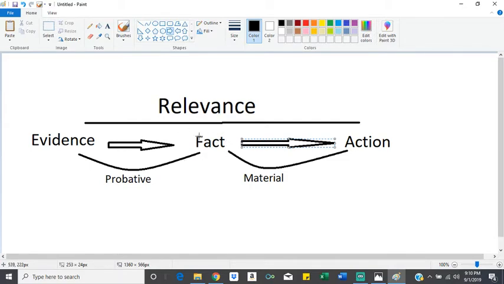Okay, well, what's the inference they're trying to make? What's the probative value? And the trial judge is going to say, listen, that doesn't matter to the action. The fact that he bought socks bears no weight on whether this gentleman committed a murder. It doesn't go to prove a fact that would be material to our case here, and therefore it's not relevant and gets thrown out. So that's a really bad example, but it's an example,